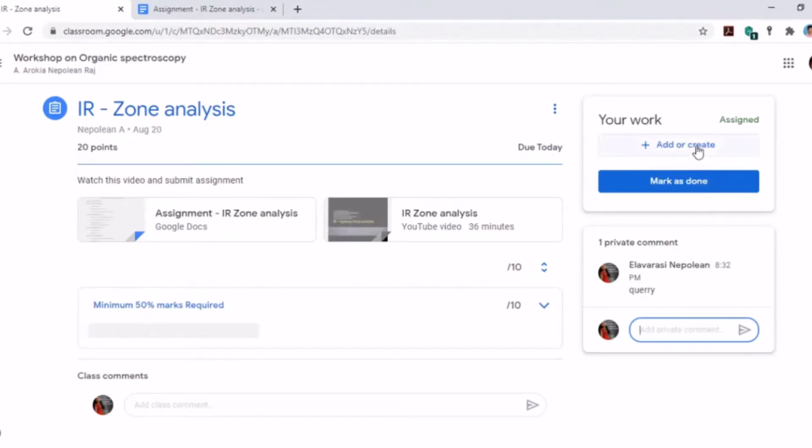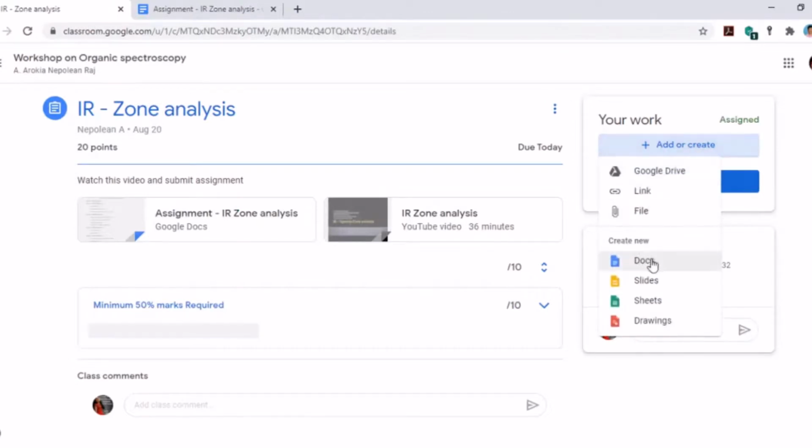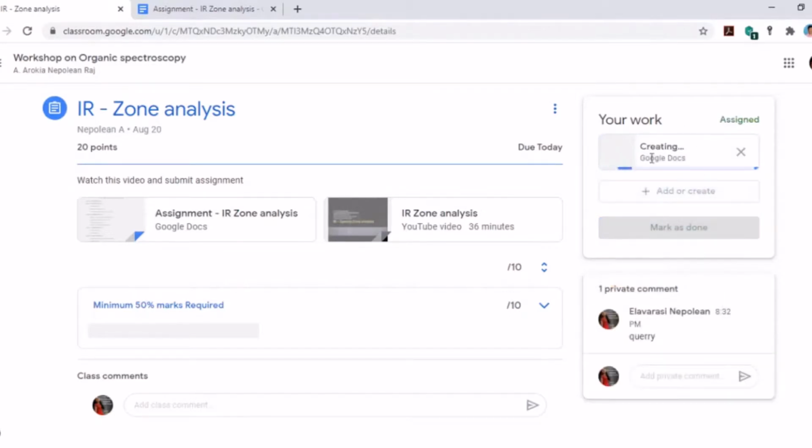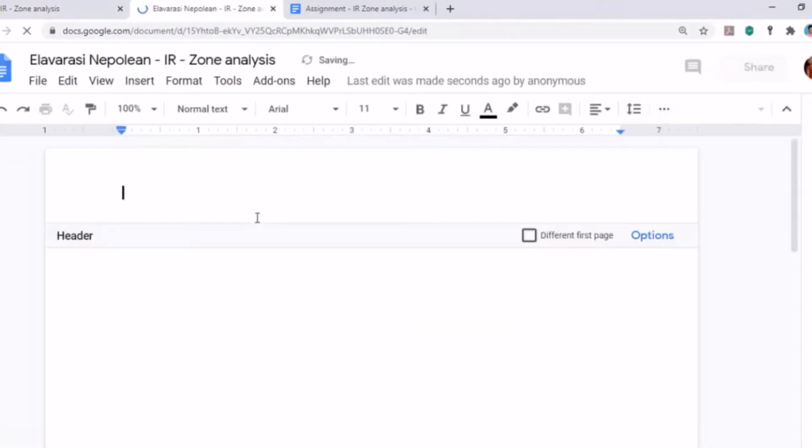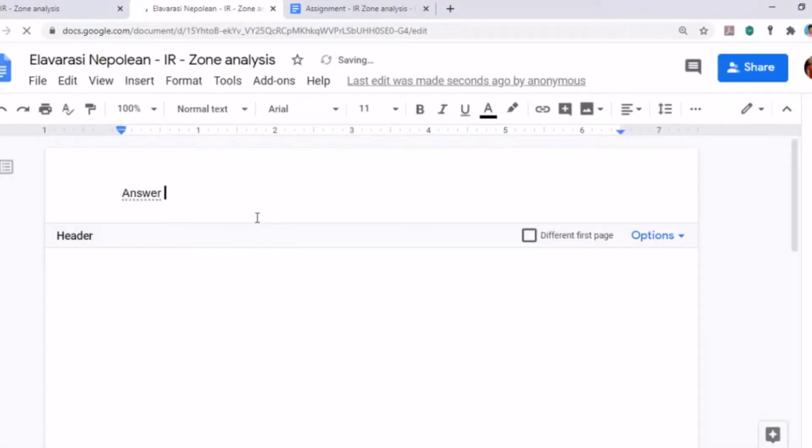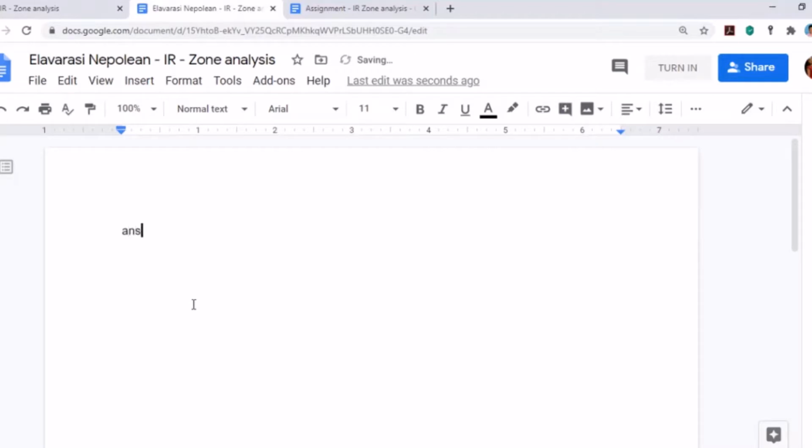I will get that. And I actually recommend this method: go to Google and create a Google document. There will be creation of a Google document. Wait for some time until it is created. Then go here and click this document. A document will open here. You type your answer here. Answer for spectrum 1. Oh, it went to heading. Type your answer for spectrum 1 there.